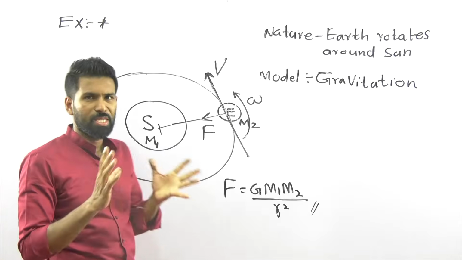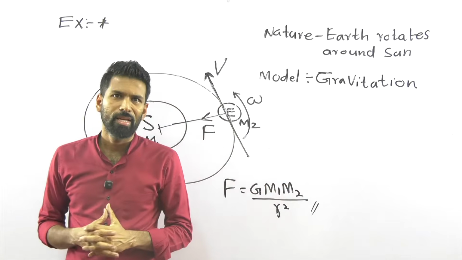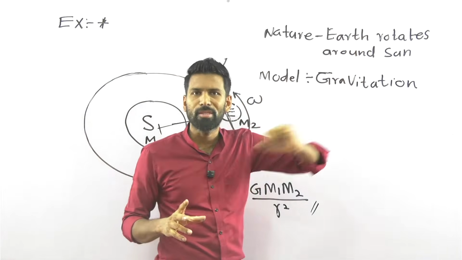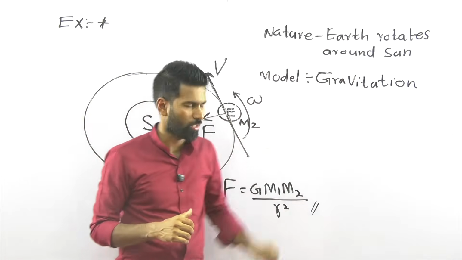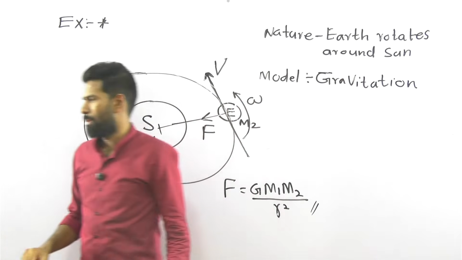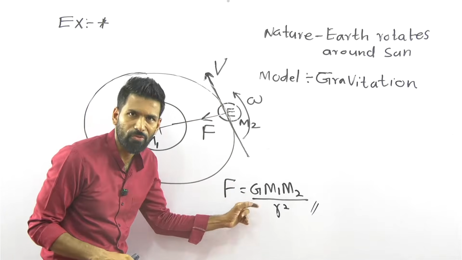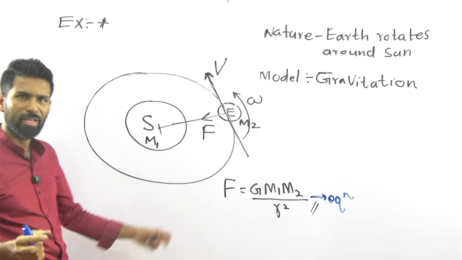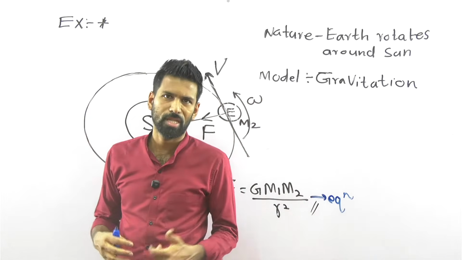Okay. Physics is the understanding of the nature through man-made models. I took an example, Earth's rotation around the sun. It's a natural thing, it's in nature. To explain this thing, as physicists, what do we have to do? We have to use the model of gravitation. Now listen to me carefully. In the model of gravitation, to explain this thing, what do we have? Equations. That's what I want to tell you. And equations mean we have to do some mathematical activities there. That's how physics goes. That's what I want to show you.